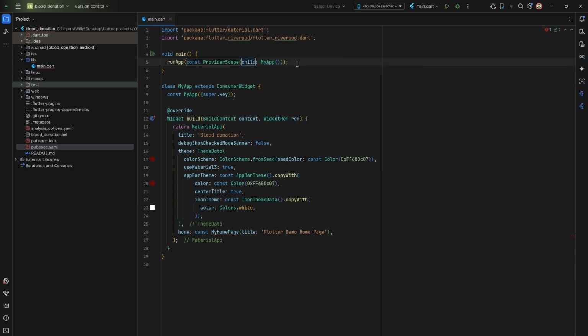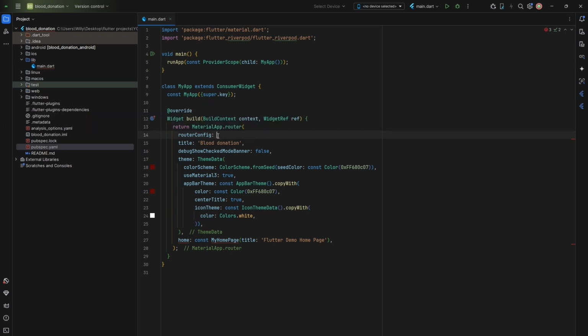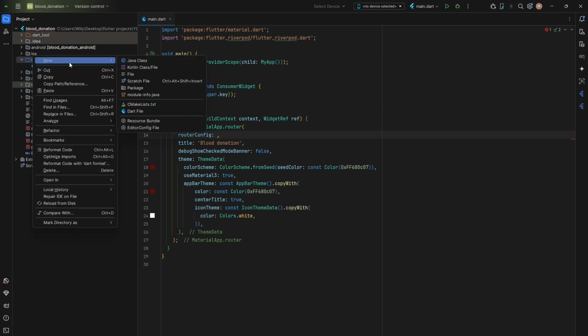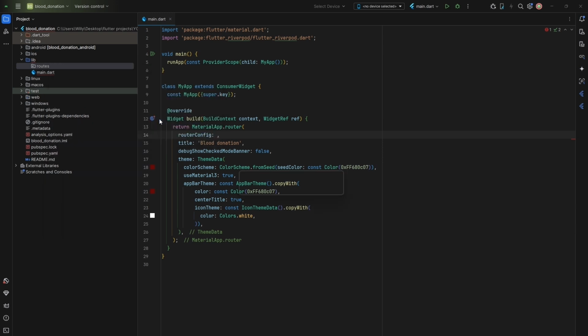So let us create another package called routes, which is going to define all the routes of this application, and then we can convert this application, because now it's going to turn from MaterialApp to MaterialApp.router, and then you are going to have a routerConfig here, and with that we are going to listen to the current route with Riverpod, and therefore we are not going to require this anymore, but we're going to get back to it and solve this error. So I'm going to create another folder inside the lib, which I'm going to call routes, and inside these routes I'm going to create a file called routes,